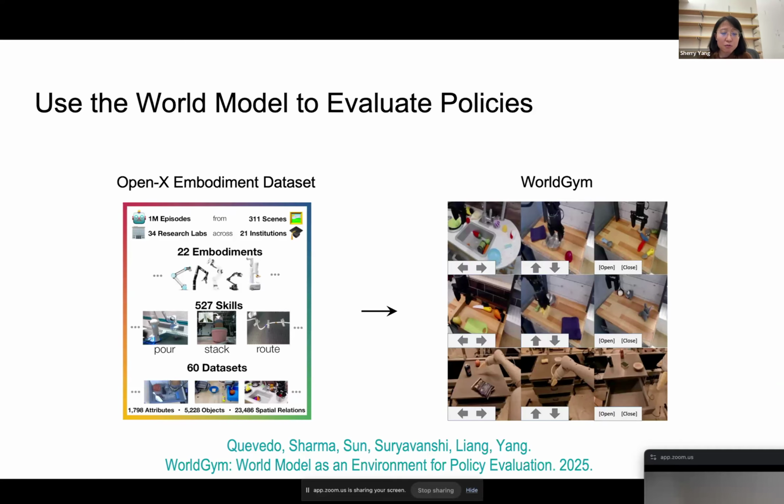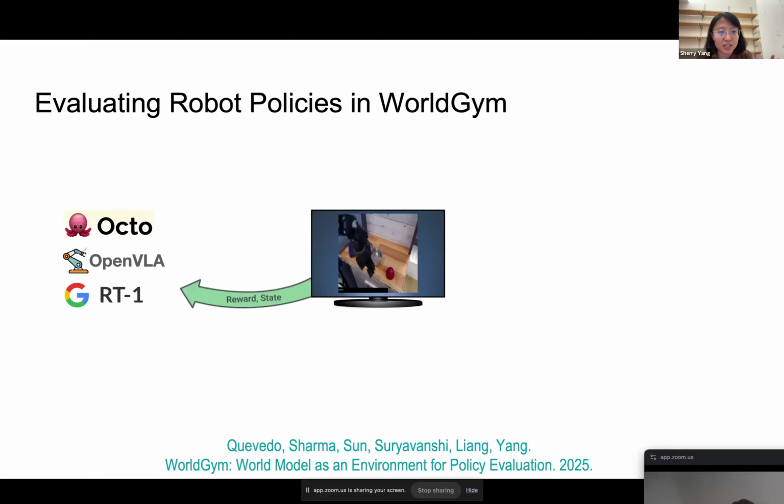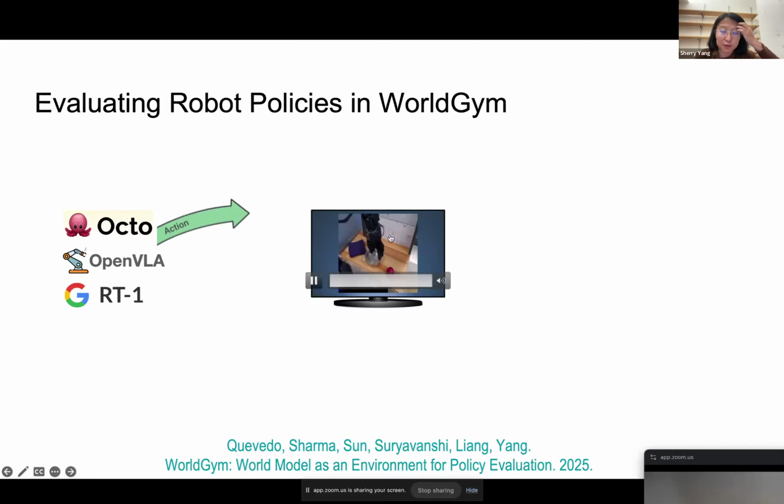Okay, so we talked about using the world model to evaluate policies, right? Coming back to that point, what we can do is take these robot policies that people have trained. These policies take some initial frame and some language instruction and predict some action sequences. We give these action sequences to the world model and we generate a few frames. Then we give the last frame of the generated frames back to the policy, and the policy continues to generate more actions to try to complete some task, right? This is called policy rollouts. We just roll out this policy in the world model.